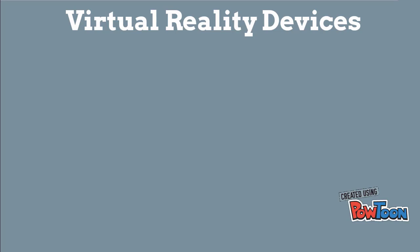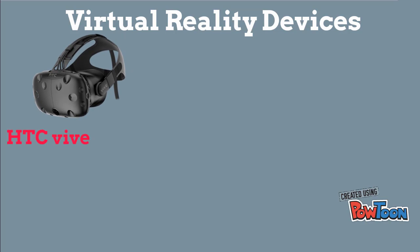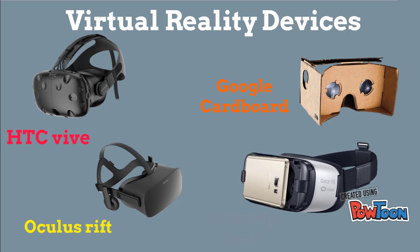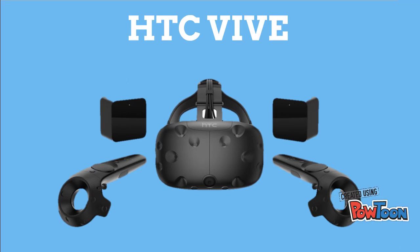The VR devices can be subcategorized to computer-based, like the HTC Vive and Oculus Rift, or to mobile-based, like Google Cardboard or Samsung Gear. HTC Vive is the best-in-class technology and content. It's a powerful, sleek, and innovative piece of kit, delivering breakthrough room-scale technology and fully immersive gaming experiences and capabilities,